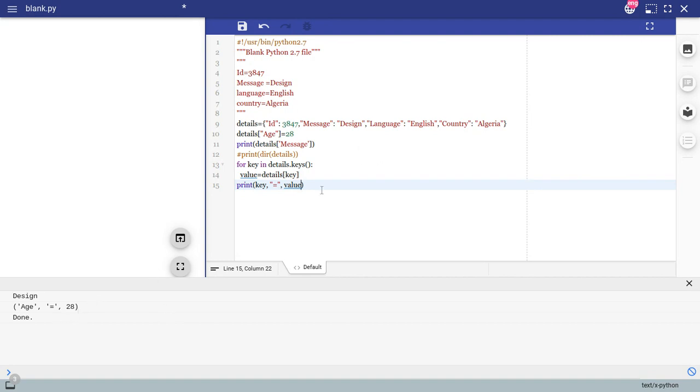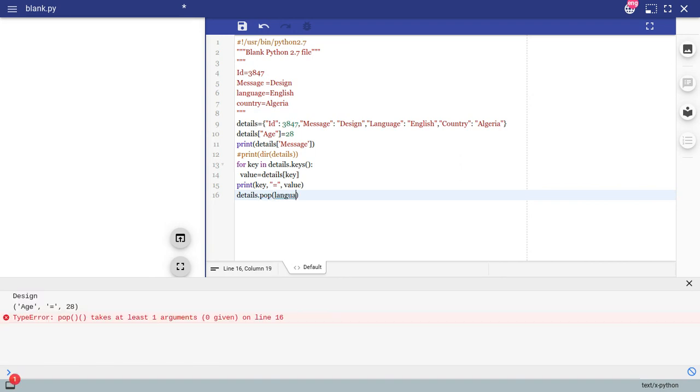So this is all about accessing key, and again you can use other methods such as pop and pop item methods that will allow you to remove an item from a dictionary, and you can as well use clear to remove all data. So let's look at that before we wind up. So details, so language,